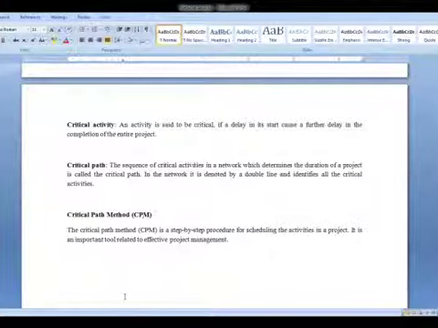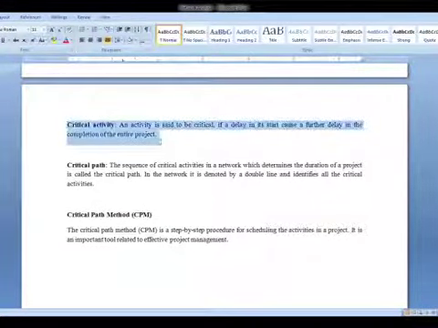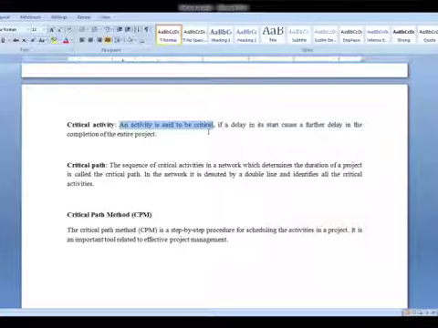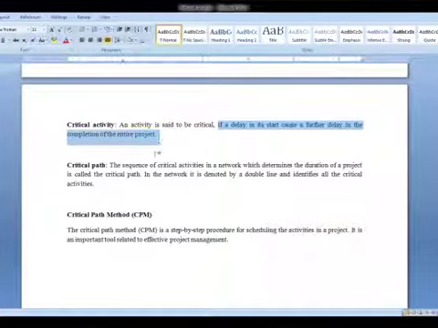So it is first very important, after understanding what is a network and how to construct a network, we need to understand what is a critical activity. Any activity is said to be critical if the delay in its start will cause a further delay in completion of the entire project. Means if one activity gets late,